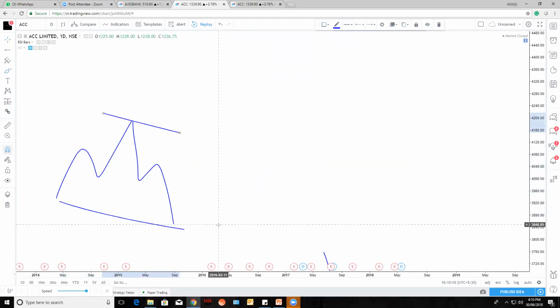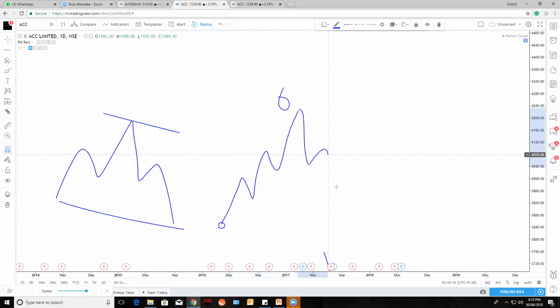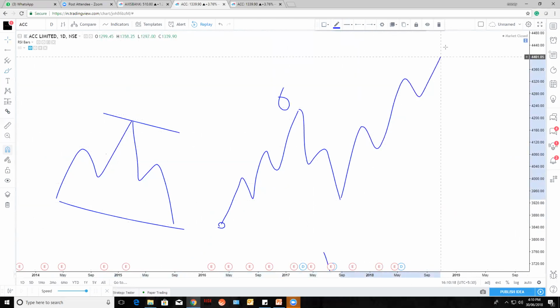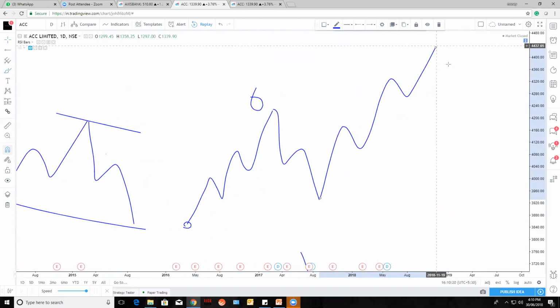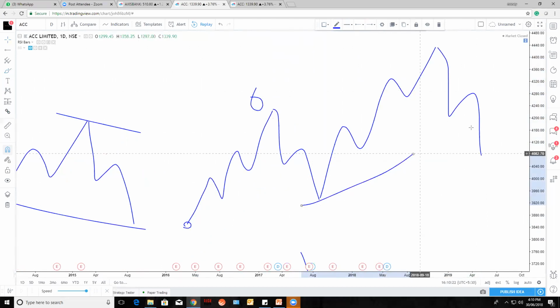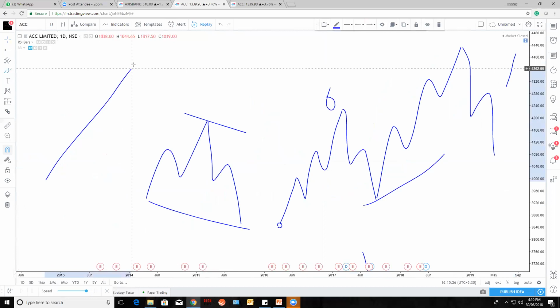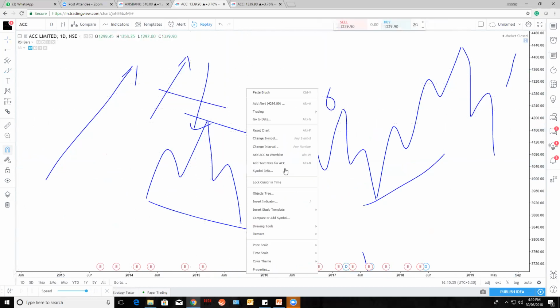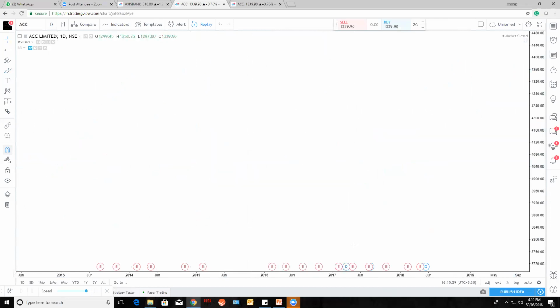What he said is, to move price from one direction to another, you at least need 3 steps further and 2 steps down. Again 3 steps, and you will move somewhere. So 2 steps down, again 3 steps further and 2 steps down. So at least you will move from one direction to another. If you take 2 steps further and 2 steps down, you're not moving anywhere. So this is how Elliott observed the waves.